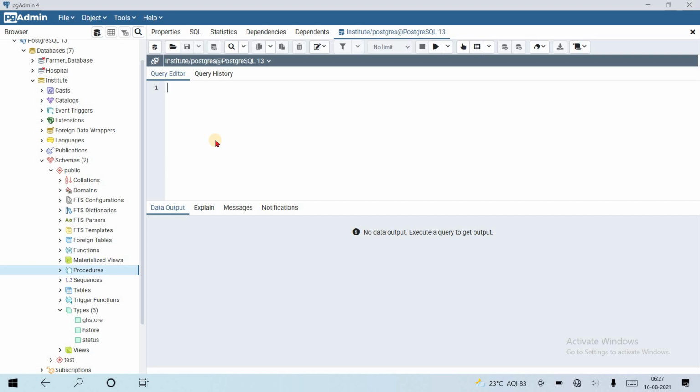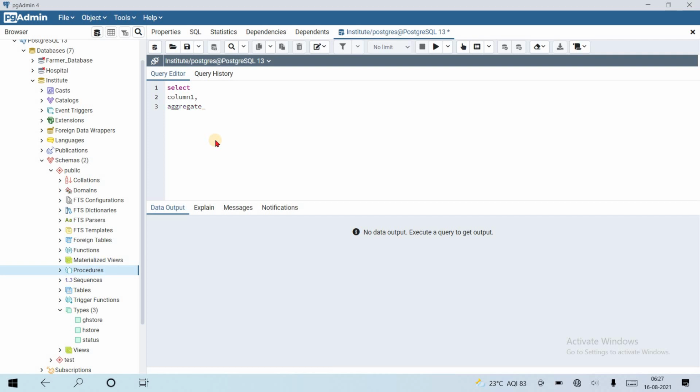Okay, let's see what the syntax is. Suppose select column 1, and some column function also.